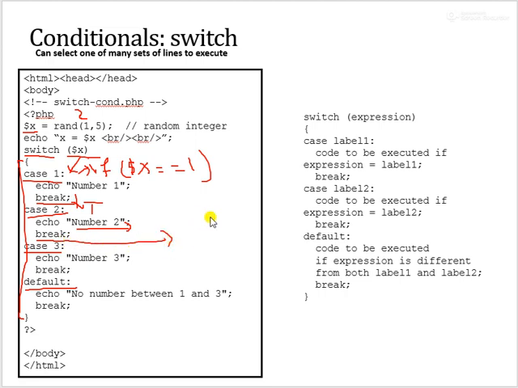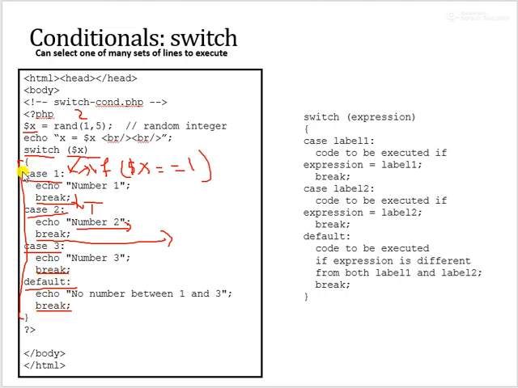It is very important that by the end of each case you add a break statement, because if you do not add it and case 2 is true, it automatically executes all the rest of the cases, case 3, case 4, until the last case, or where you find your last break. So by the end of each case we add a break statement, just to make sure that if this case is true, only these statements will be executed and the rest of the statements will not execute. So each case ends with break.